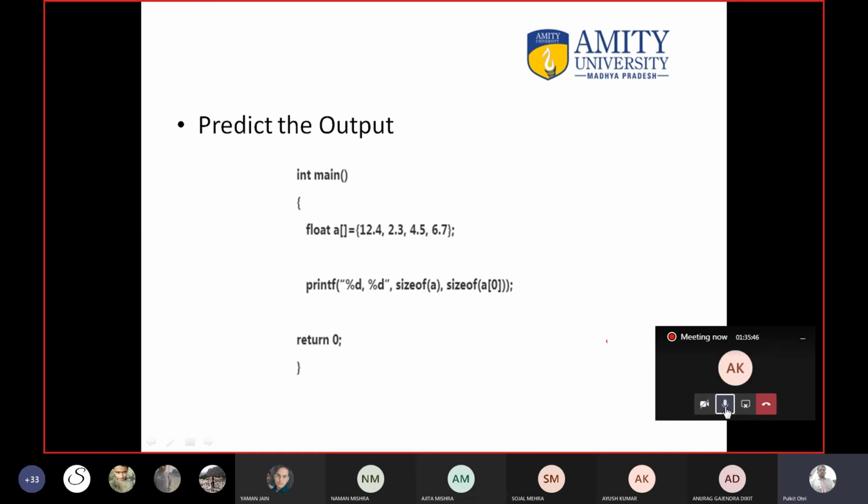Character takes 1 byte, float takes 4 byte, and of course you all know double takes 8 bytes. So here the size of float is 4 bytes. Size of means print the size in bytes. For example, float size prints 4 on the screen. Size of is a function, we will study the function, but here size of means just the size in bytes.